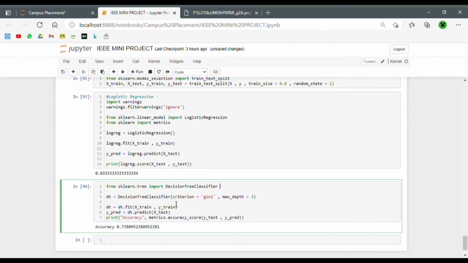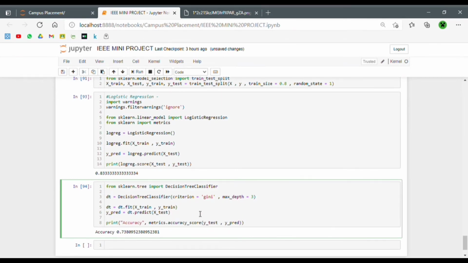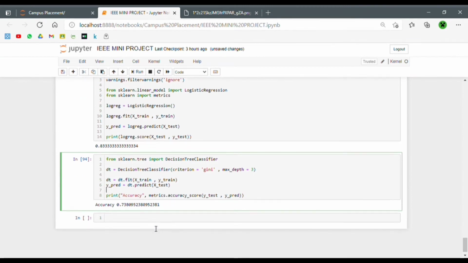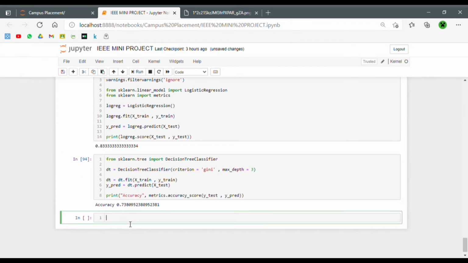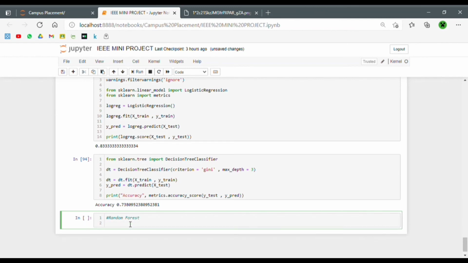There are a lot of different methods by which we can do that. We can use GridSearchCV, RandomizedSearchCV, or any of those different methods to find the best hyperparameters for our model, and using those parameters, this accuracy will surely increase a lot. Okay, so we have to tune those hyperparameters to get a more accurate model. The accuracy of the decision tree is around 73%. So let's move on to our final model for today, the random forest classifier. I'll just do the code and I'll see you in a second.